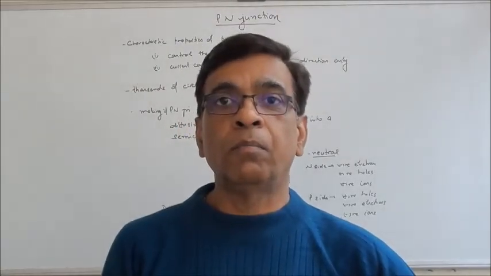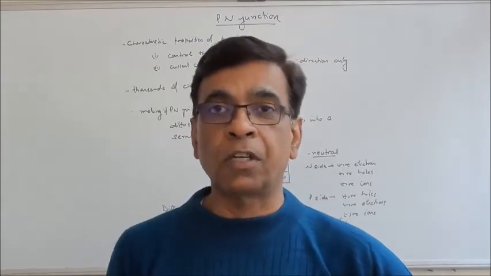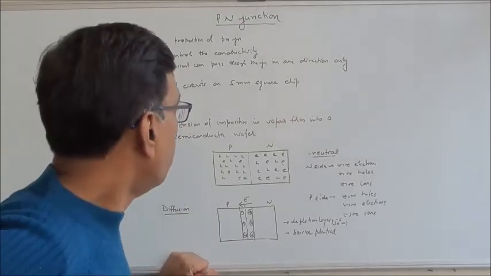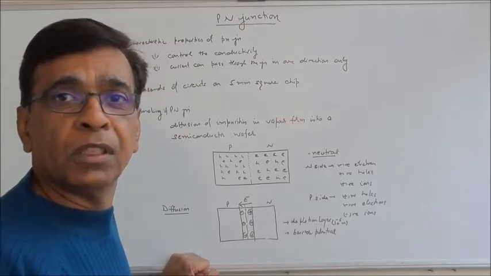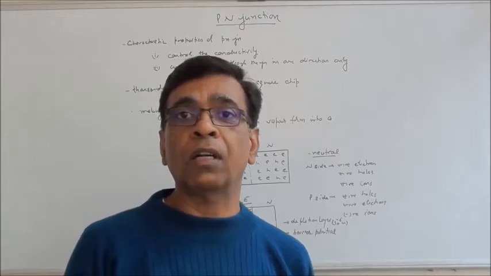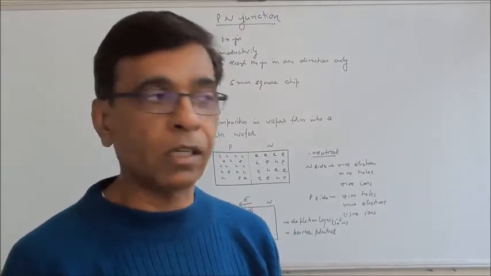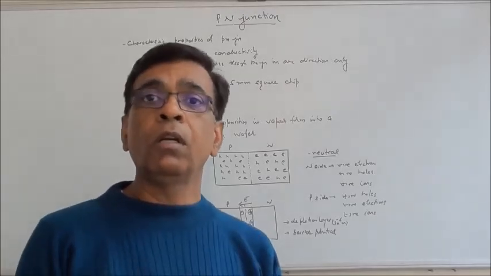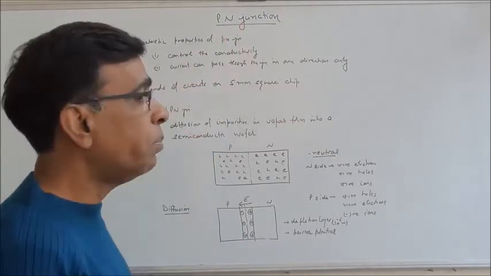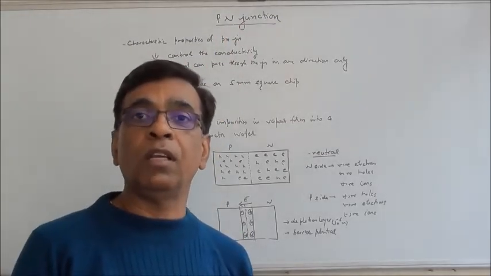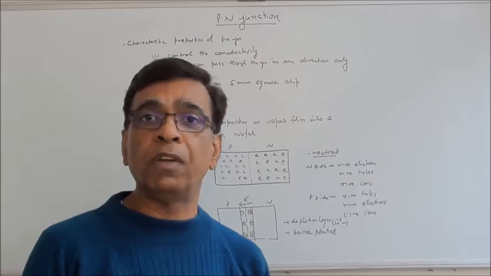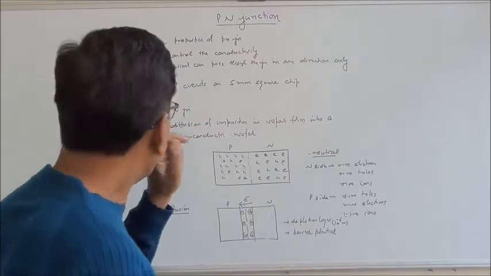Let's understand the mechanism of PN junction now. The characteristic property that makes PN junction very useful is, firstly, we are using semiconductors in it, so you can control the conductivity. Unlike insulators or conductors which have fixed resistivity or conductivity, here the conductivity will depend on the dopants that have been added to the semiconductor. And secondly, through a PN junction, current can pass only in one direction. And as we study this topic, we will see that this makes it a very, very useful device.